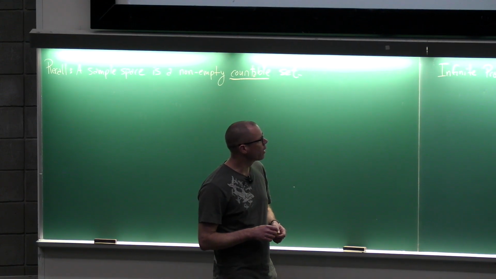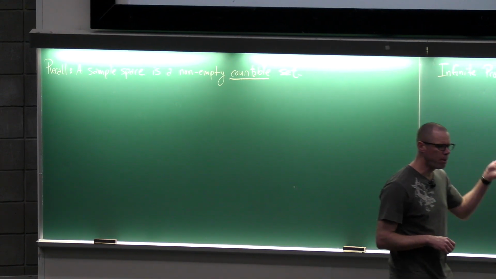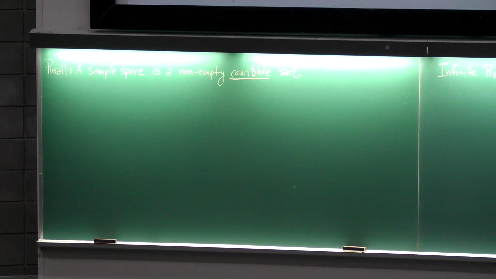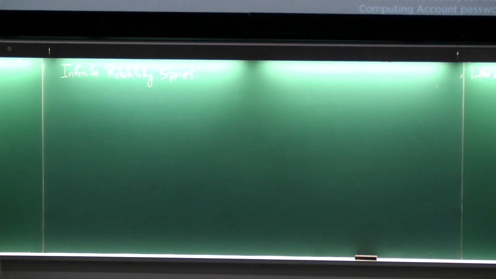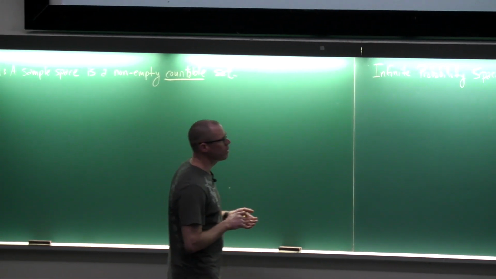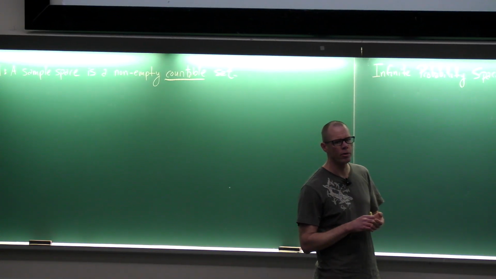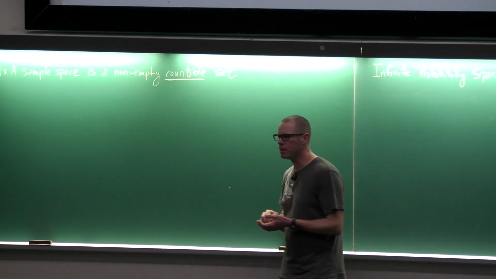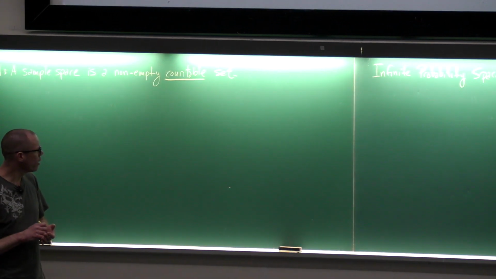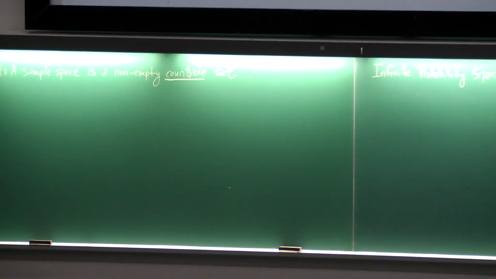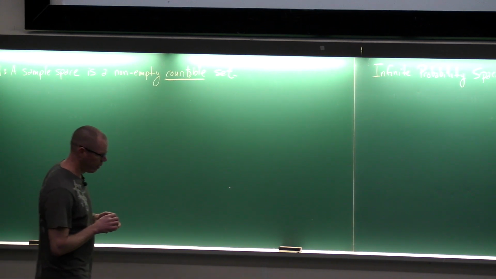So today I want to talk about infinite probability spaces, something we've managed to avoid up until now. In fact, with a few exceptions, we've even avoided infinite sets, mostly because we were interested in combinatorics, which is counting the sizes of sets, which doesn't make a ton of sense in the case of infinite sets. And so to understand these infinite probability spaces, we have to go back to the basic definitions involved in